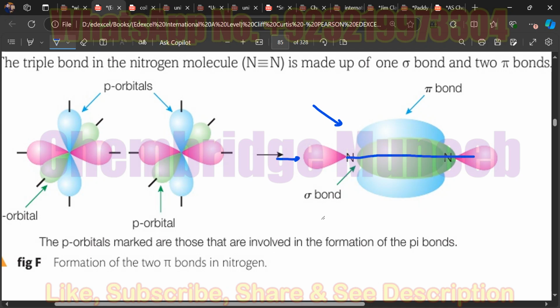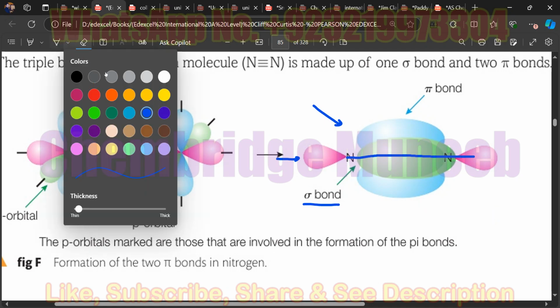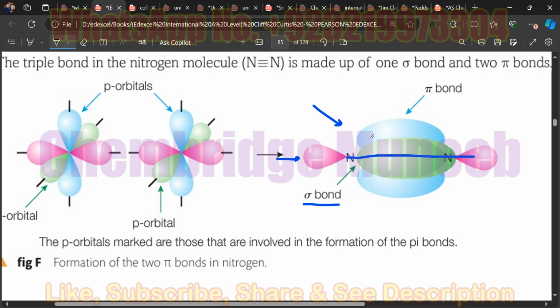That I forgot to tell you, the electronic cloud of the sigma bond is on the line joining the two atoms. I can say one atom is here and the other atom here, so it is on the line. But for the pi bonds, it is above and below the line joining the two atoms. So now you can see there are two such colors, the blue one and the green one. If I just say blue is a py orbital and green one is a pz orbital. So you can see two cloud structures for the py orbital and two cloud structures for the pz orbital,